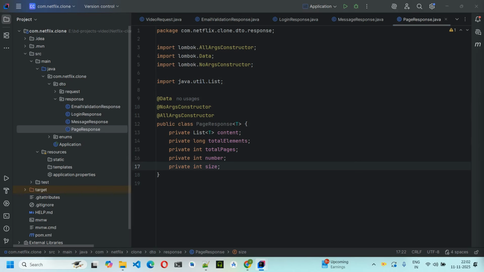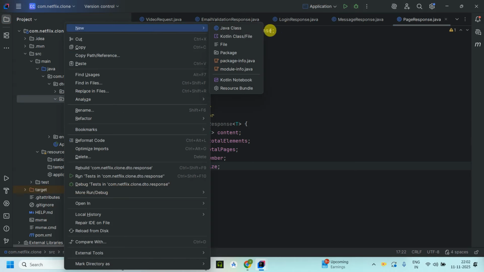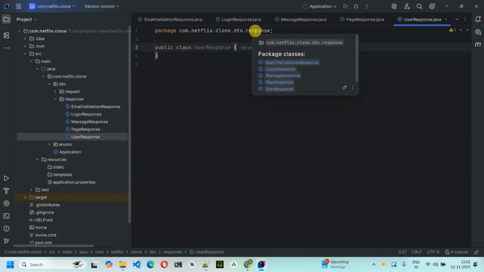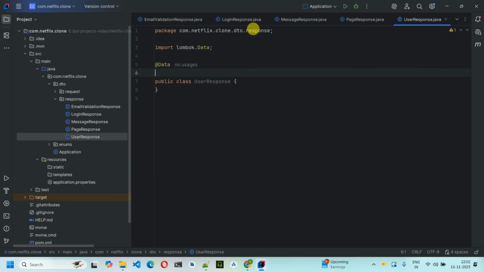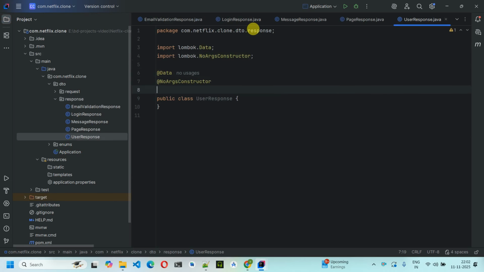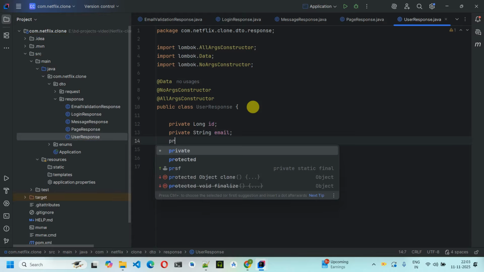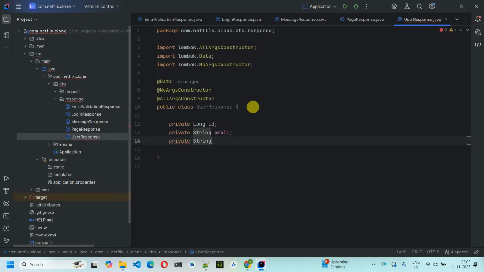Next one which we need is UserResponse. So right click on this one, and over here UserResponse. Okay, so in the UserResponse we have @Data, we have @NoArgsConstructor, then we have to add @AllArgsConstructor, and to this one we need private long id, private String email, then private String fullName,